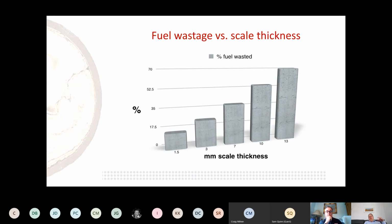Now, those deposits form almost like an insulating layer. If you think about a traditional commercial water heater, you'd have a burner at the bottom and a large vat of water above. You would heat that vat of water and consume it over time. Fresh water comes in, it gets heated, and through that heat cycle, scale drops out and sits on the bottom